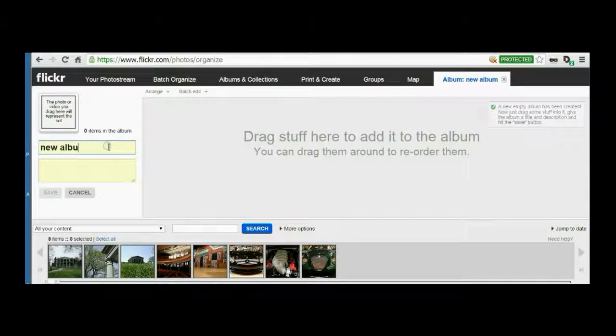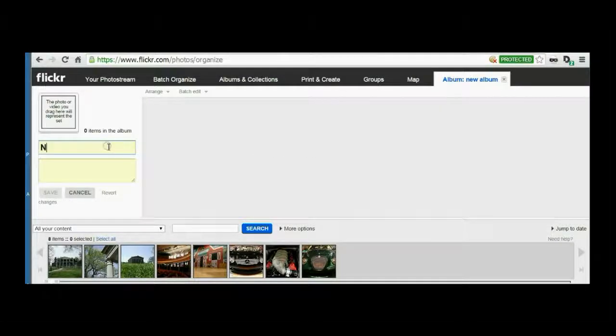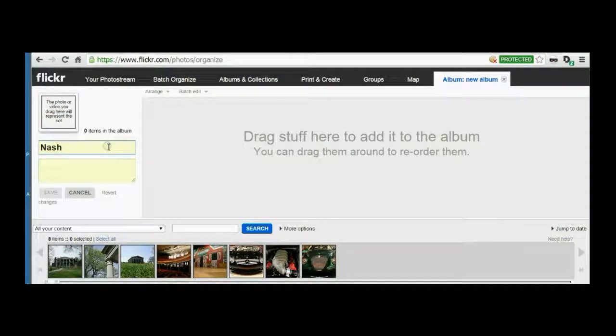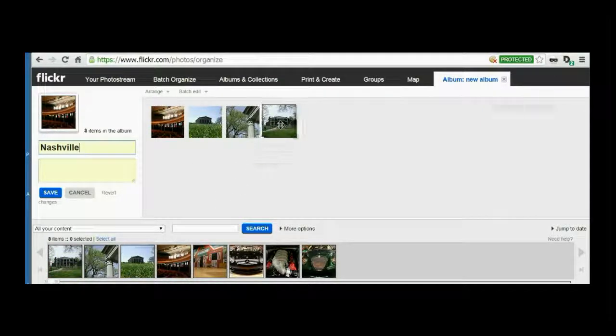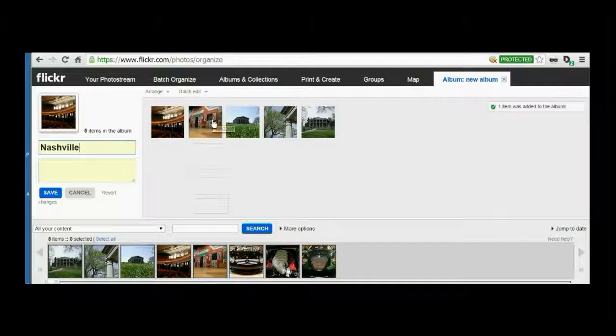And this is now the name, Nashville. And I like the Grand Ole Opry. Very interesting place. Not sure what these buildings are, but we can also add a description of what it is. I'll show you that in a minute. And that's a part of the Grand Ole Opry. If you want to add a description,